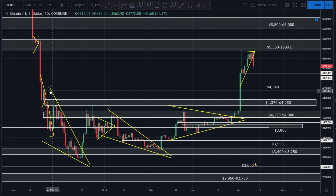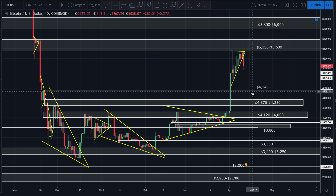That 4,500, or really 4,540, acted as a strong resistance, and then of course we continued right back down. So what was resistance very often acts as support. So this is going to be the first area that I see that I will start to get back into Bitcoin. Other than my long-term hold portfolio, I'm completely out of Bitcoin, and this is the first area that I'll